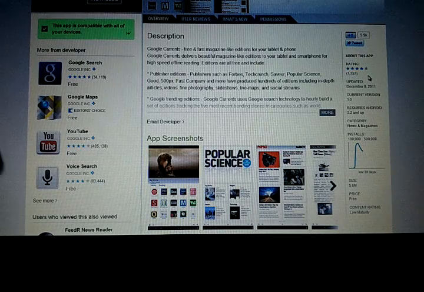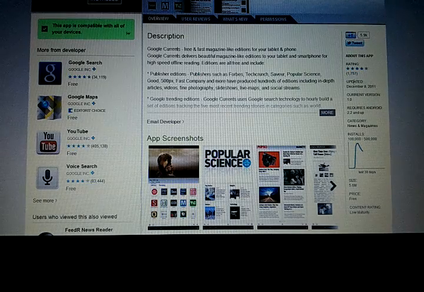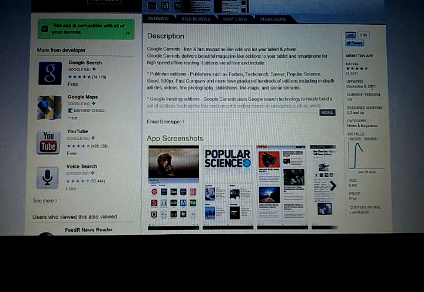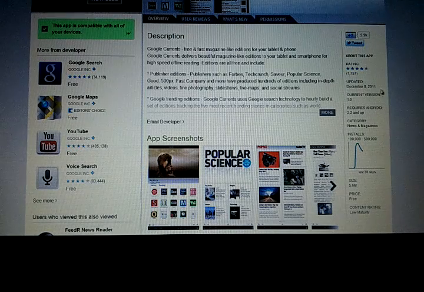Now, as I said, you want to look at the ratings. You also want to look at when it was last updated. You want to get an application that has the full support of the developer. In this case, of course, it is Google, but there are a lot of developers out there that make other applications. And you want to see that at least they are not abandoning this application. If here it is December 16th and you're looking at the last update a year ago, you have to decide whether or not you want that application on your phone, because apparently there doesn't seem to be any support